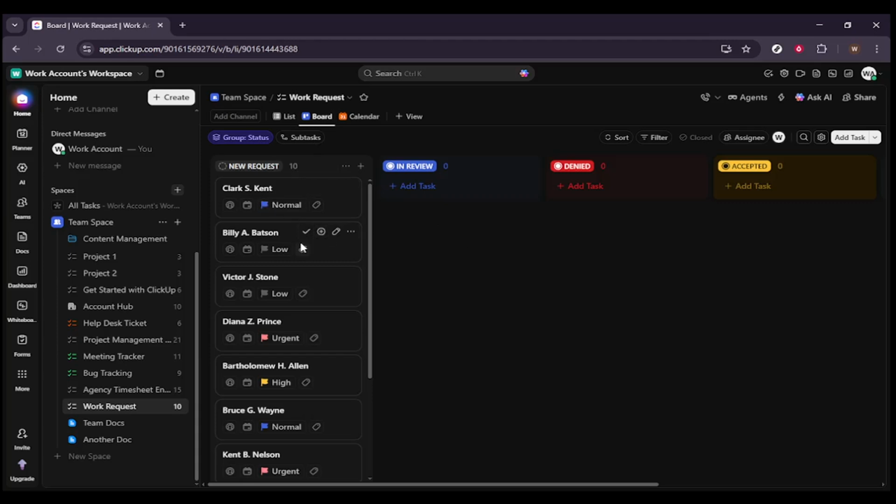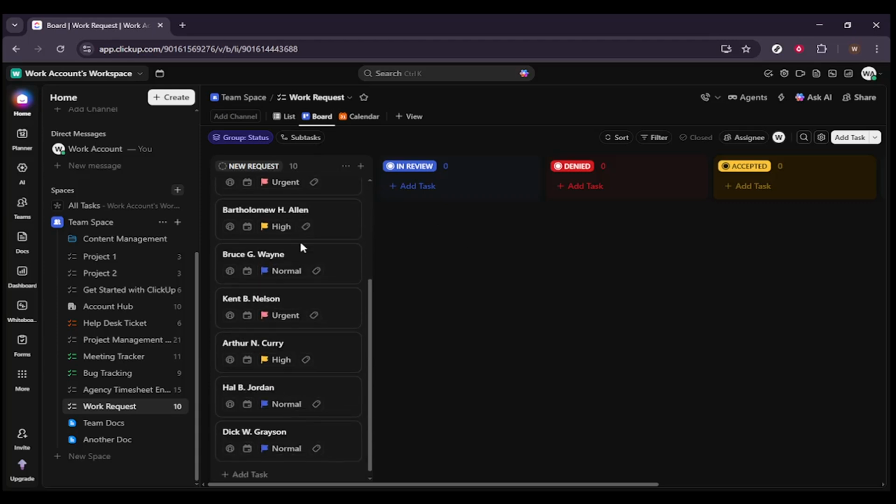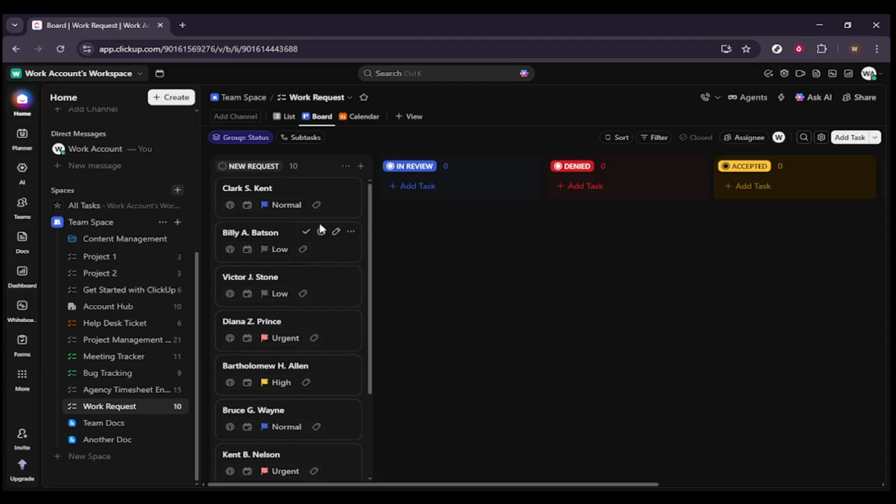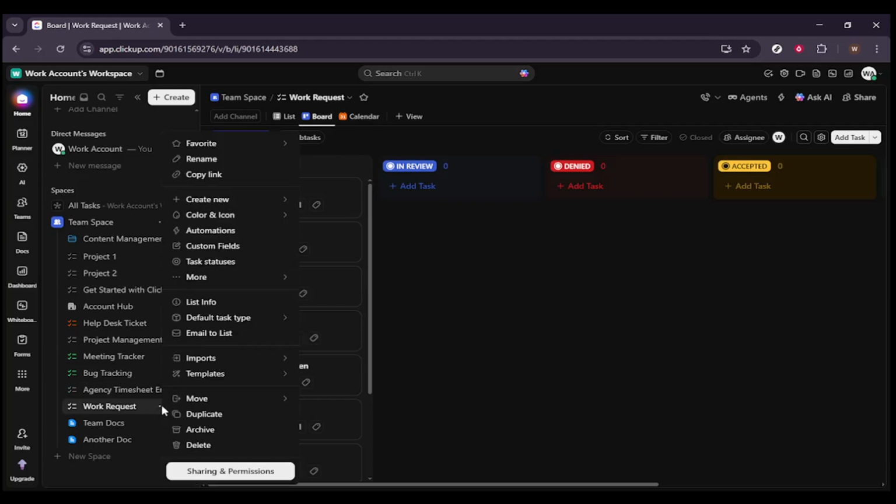across projects. Begin by navigating to your ClickUp board view where your work requests or tasks live. Once you are in the board, click into the item you want to standardize. The goal here is to make sure this task is set up exactly the way you want future tasks to look. Take a moment to confirm it includes the right description, any subtasks you always use, and the checklists that guide your process. If your workflow relies on specific assignees or custom fields, make sure those are also in place before you save